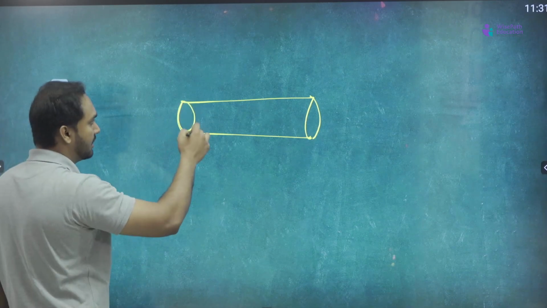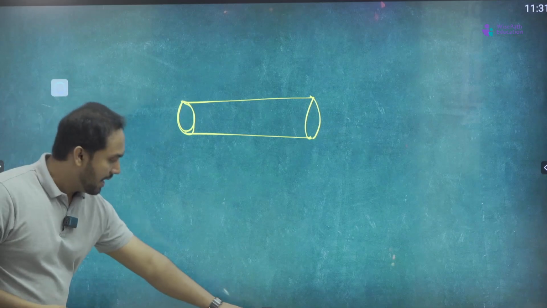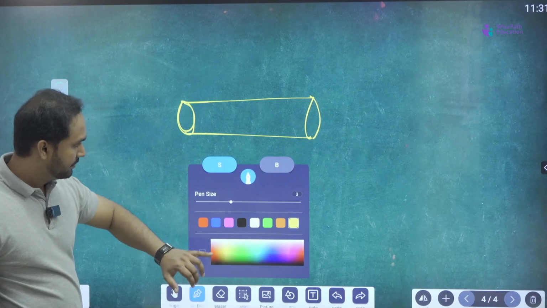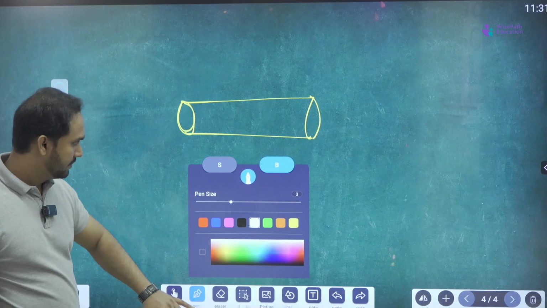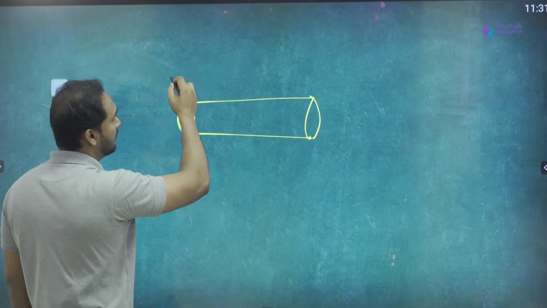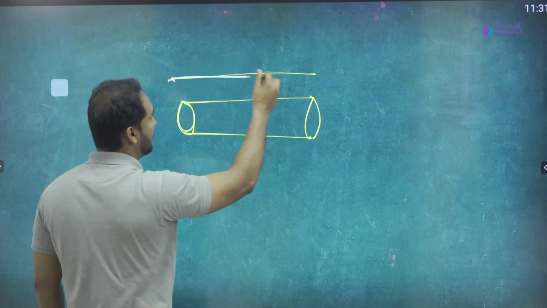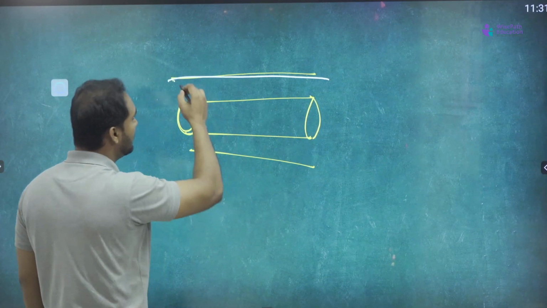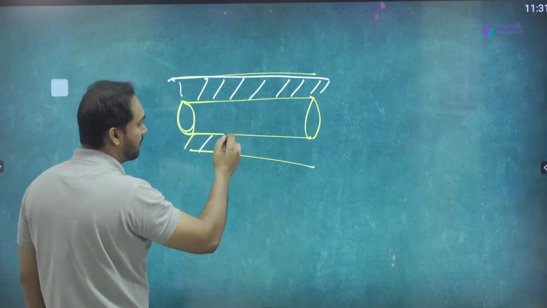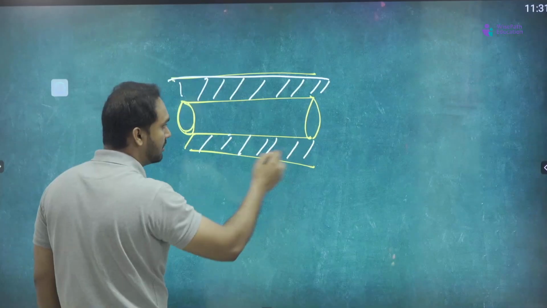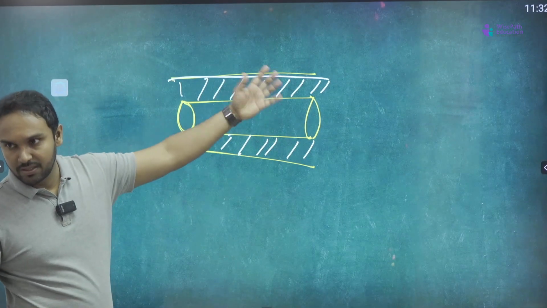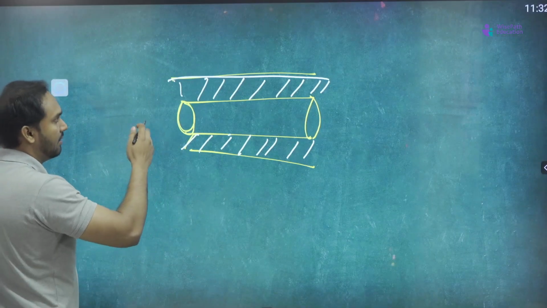You take a conductor, right? This is a conductor, and you cover it with insulators, right? So you are putting two insulators so that the energy won't escape from the conductor to the surroundings, right? You are covering it with two insulators, and you are supplying the